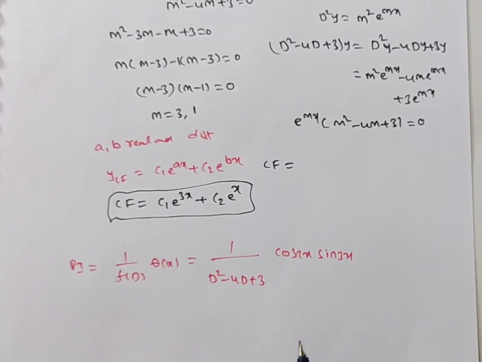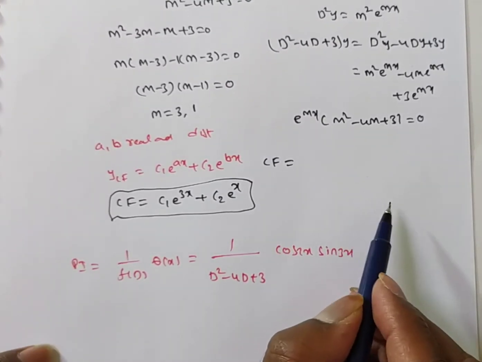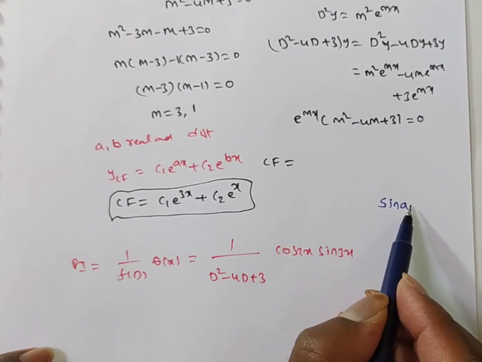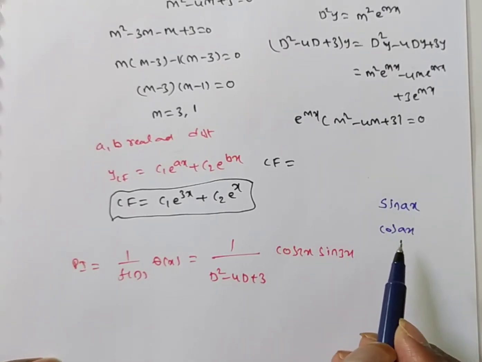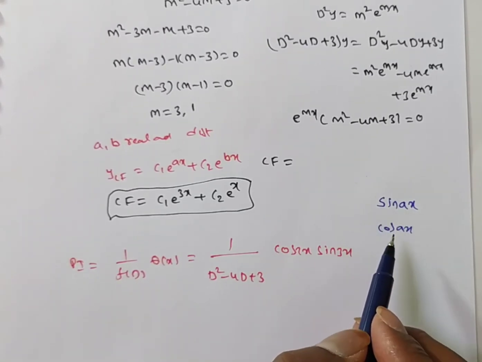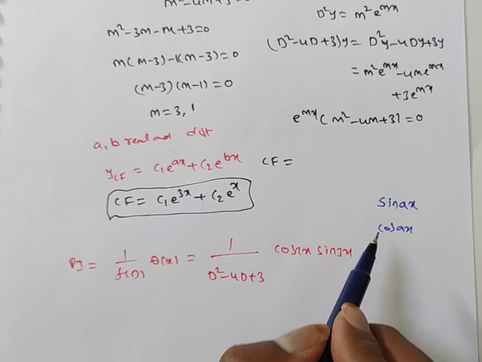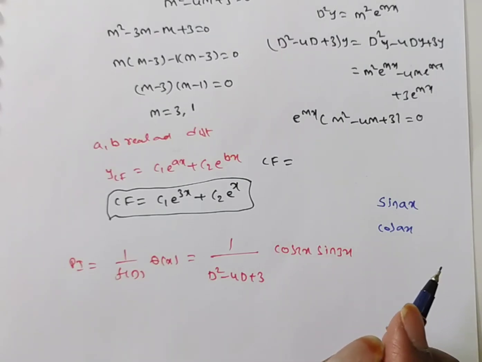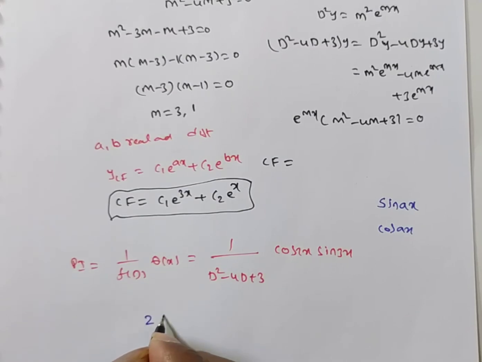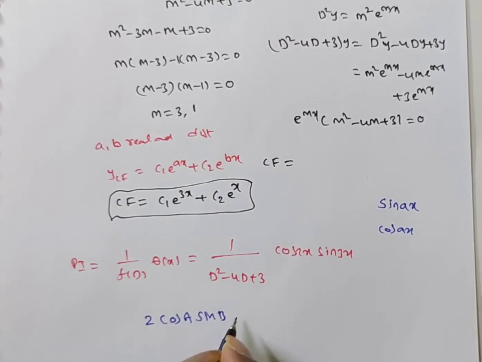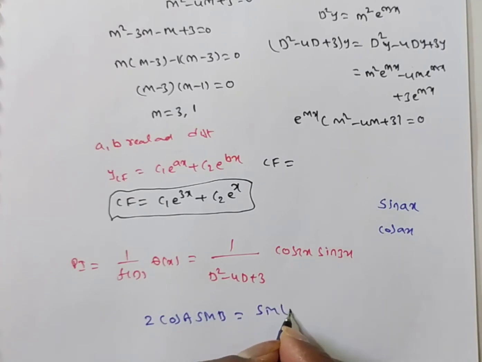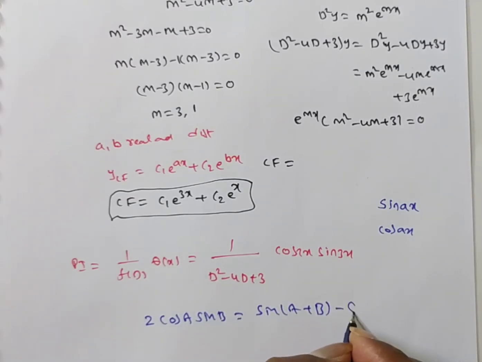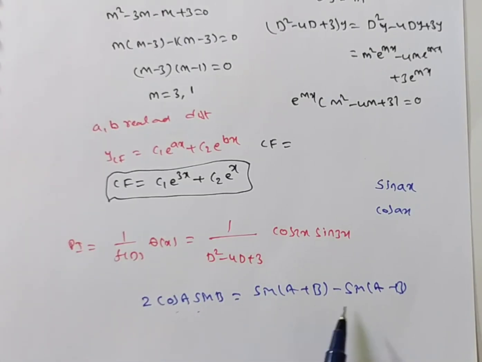Now you see, in the particular integral we have Q of x as cos 2x into sin 3x. To find the particular integral, if Q of x is sin ax or cos ax, then we can do it directly. But whenever it is sin square, cos square, or a product of these two functions, we cannot do it directly. So we have to use a formula. We have the 2 cos a sin b formula. 2 cos a sin b is equal to sin of (a plus b) minus sin of (a minus b). So here, from the product you have a linear combination. Yes or no? From the product of two functions we have a sum of two terms. Right.